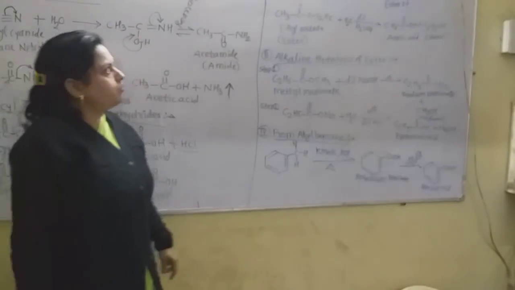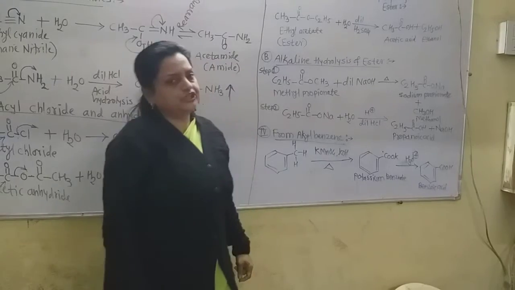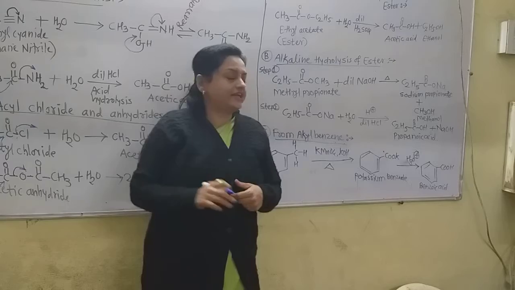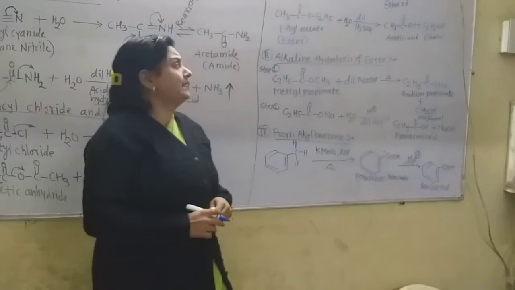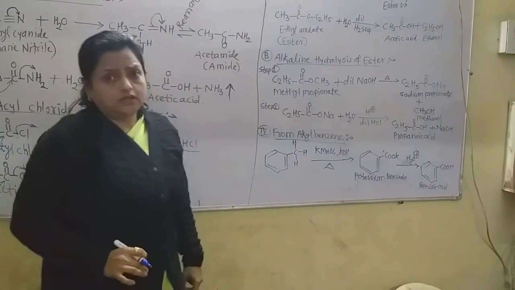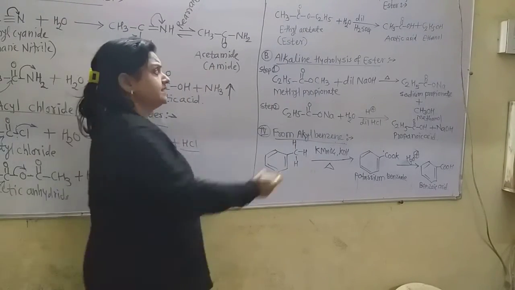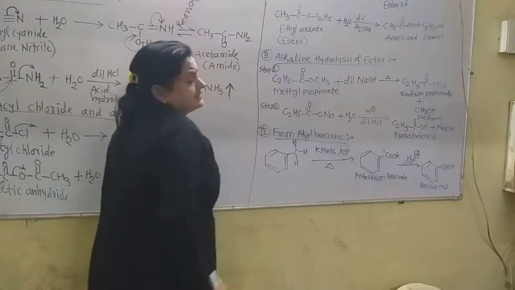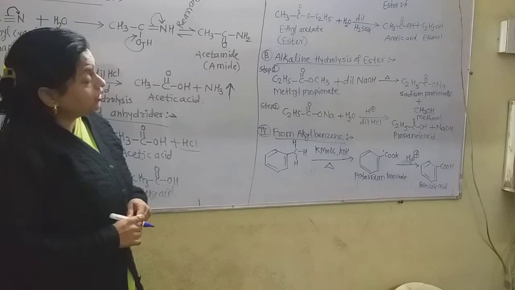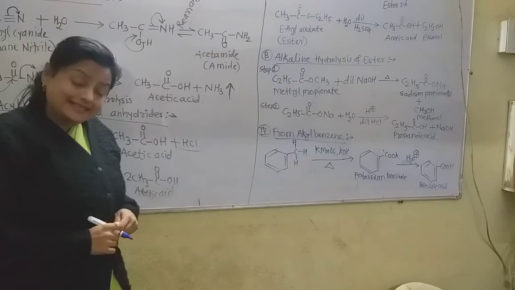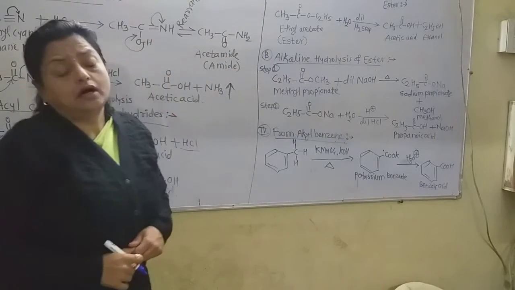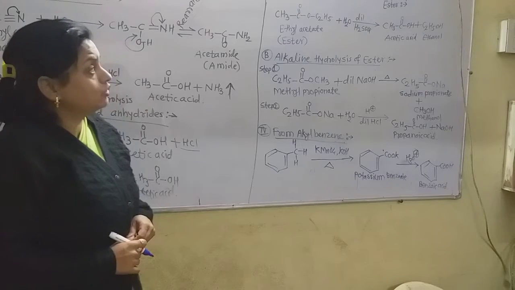Now this is the formation of the carboxylic acid from the ester. You know very well the general formula of the ester, RCOOR', but I take here a particular example of the ester. This is ethyl acetate. The name is given from the right hand side, ethyl acetate. This is the ester, and there is also a general reaction, but I take here the particular reaction of ethyl acetate. On acid hydrolysis, we use here an acid, that is sulfuric acid in place of hydrochloric acid. This is also an acid hydrolysis reaction.